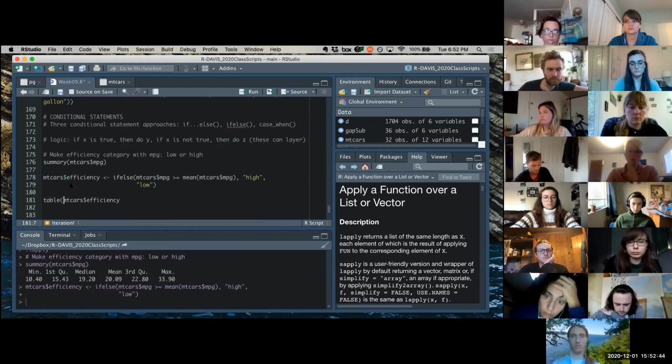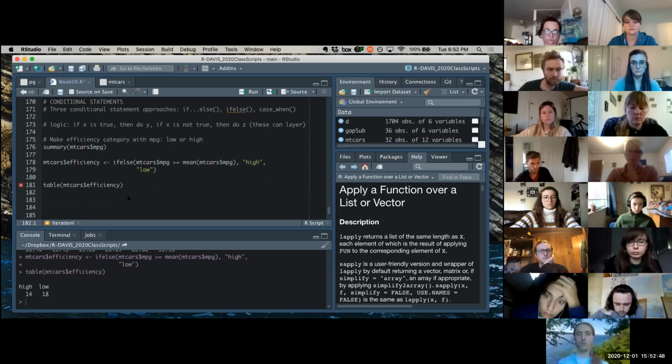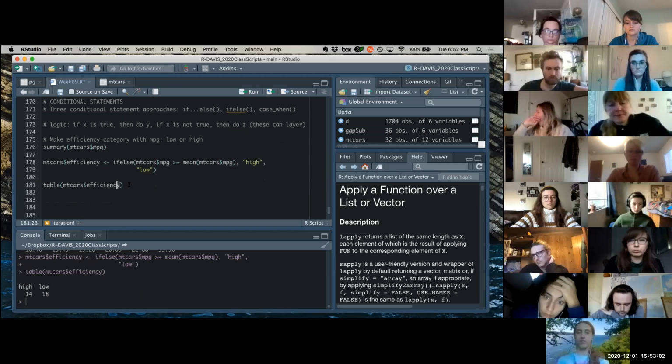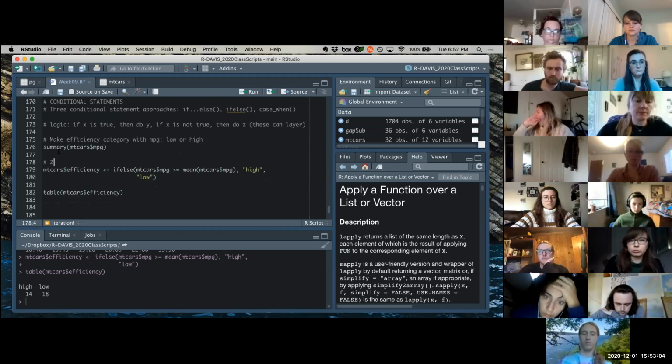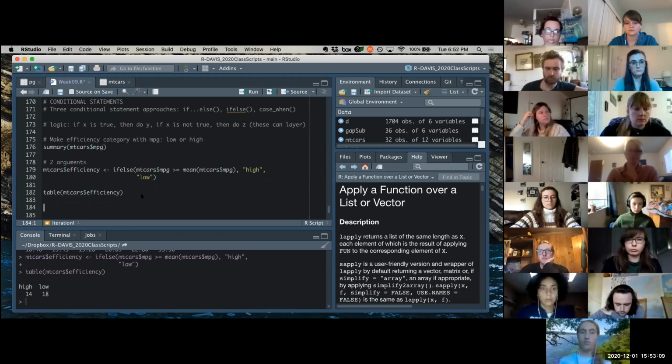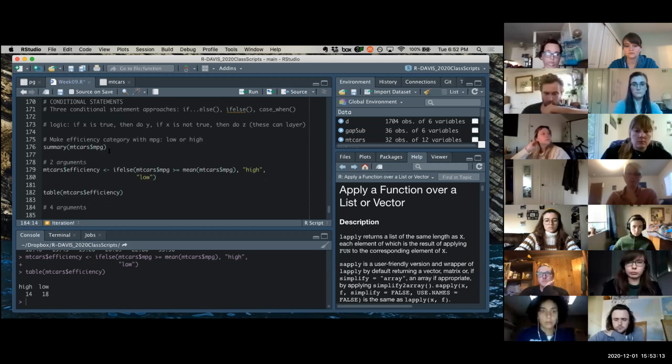I also don't know if we reviewed this. I really like the table function just for a quick look at categorical counts. But good, so it is now created, where we've now created this new variable called efficiency, and we've been able to categorize them into high or low based on whether or not they fell above or below the mean. This is really just with 2 arguments. But let's say you wanted to layer these on with 4 arguments. So let's reinspect